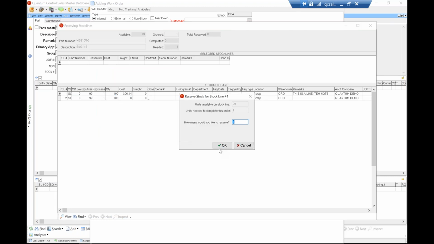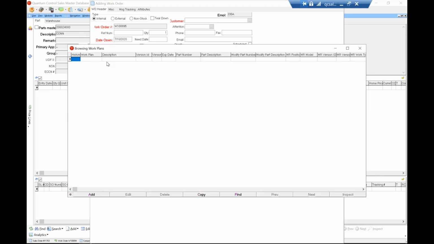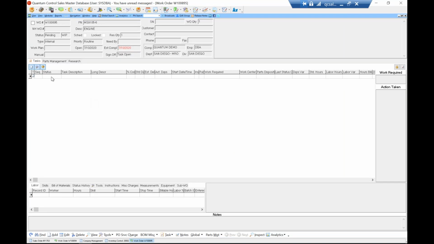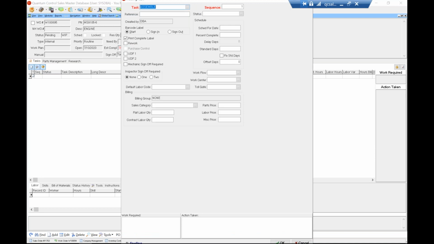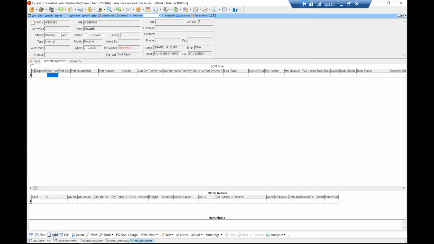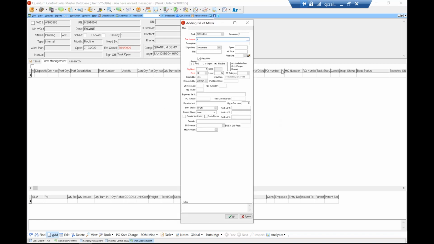It's a $300 engine, super cheap, not serialized. And the question was, if I have a BOM that is set up to be repaired,